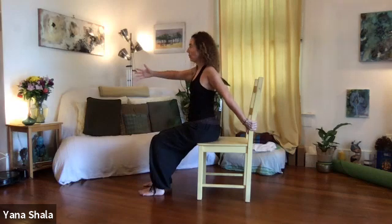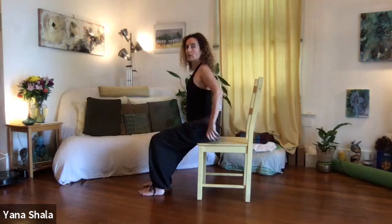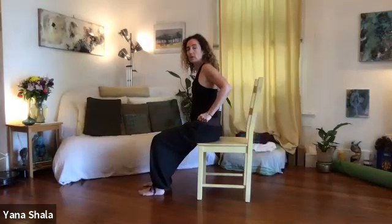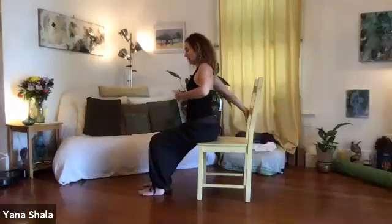And then open the arm out. And then you're going to grab the back. So you have to rotate that right arm in to safely go back. Either you grab the arm of the chair again, the bottom of the chair, so you would be either here, there, or here. And from whichever grip you have, we're going to pull the shoulders back, lift the center of